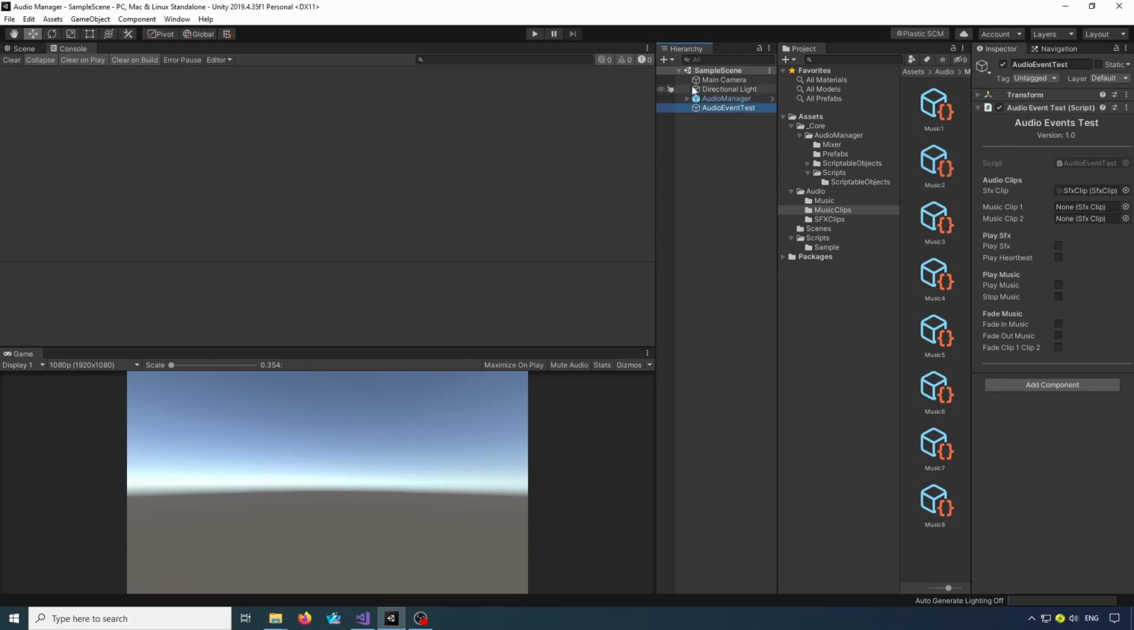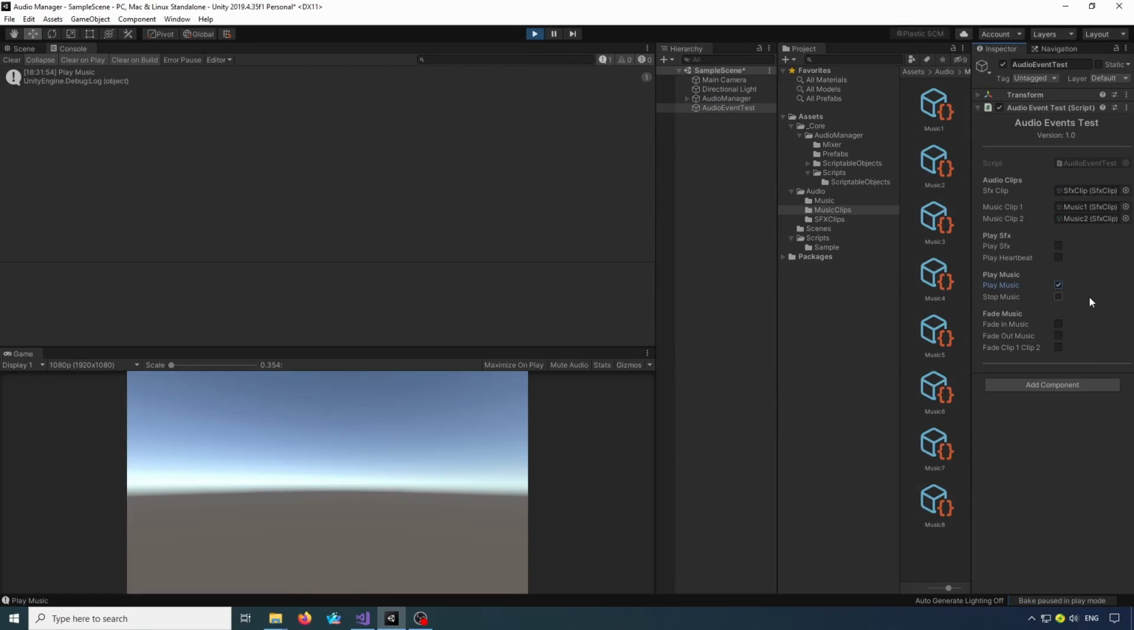Okay, if we now go to our audio event test, we can click the play music ball and it should start playing the music. Okay, I need to assign the clips, as usual, typical Cedarwood software, and hit play. Okay, so here we go, it's playing music and stopping music. Again, if we play it again